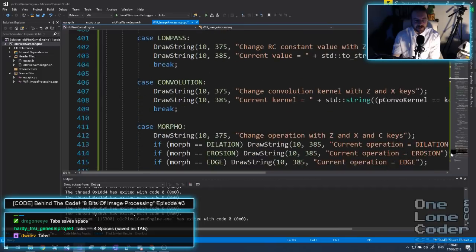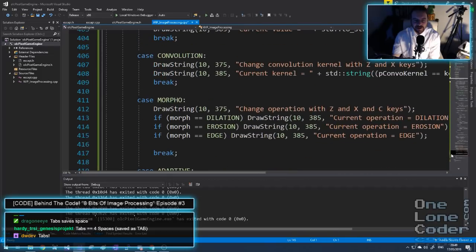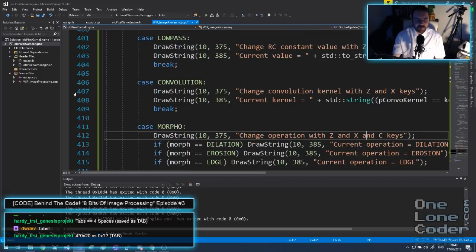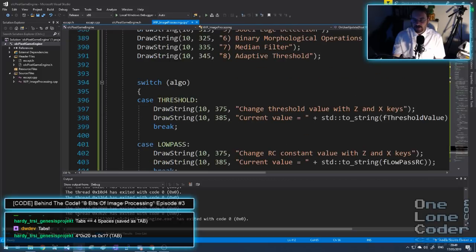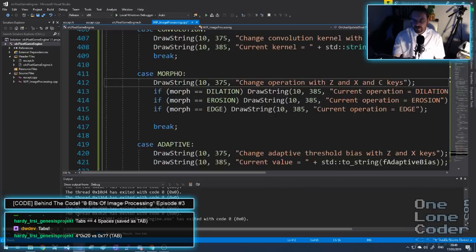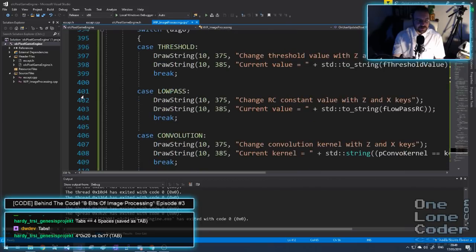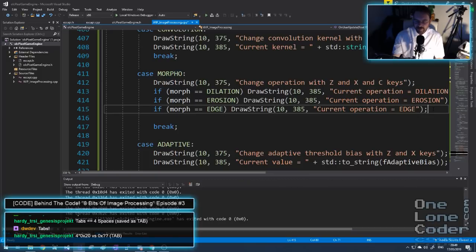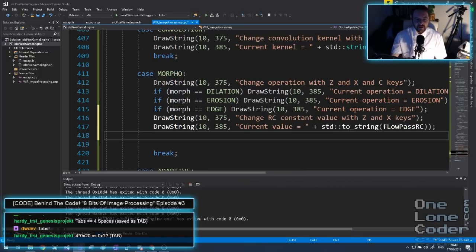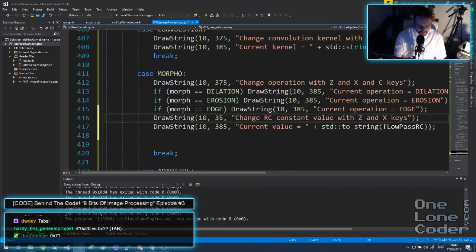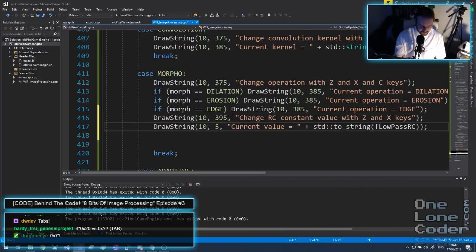So I've got my algorithms, done all those. So we wanted to now set one last thing, which was the number of iterations required. Do I have any of these that do anything with an integer value? No, not yet. So that's what we'll just pinch those and add it to the morphological one. So this is going to be 395 and 405. I think we're getting quite close to the bottom of the screen. Change iterations